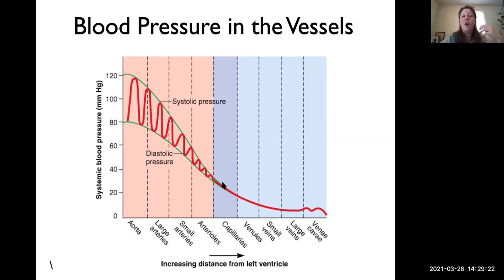Blood pressure is also affected by blood volume. If you imagine yourself filling a balloon with just a little bit of water, there's not going to be a lot of pressure of that water on the balloon wall. But if you put more water into that balloon, it's going to stretch the wall more, which means there's more pressure inside. Blood volume is a very important component that our bodies regulate in order to maintain blood pressure.